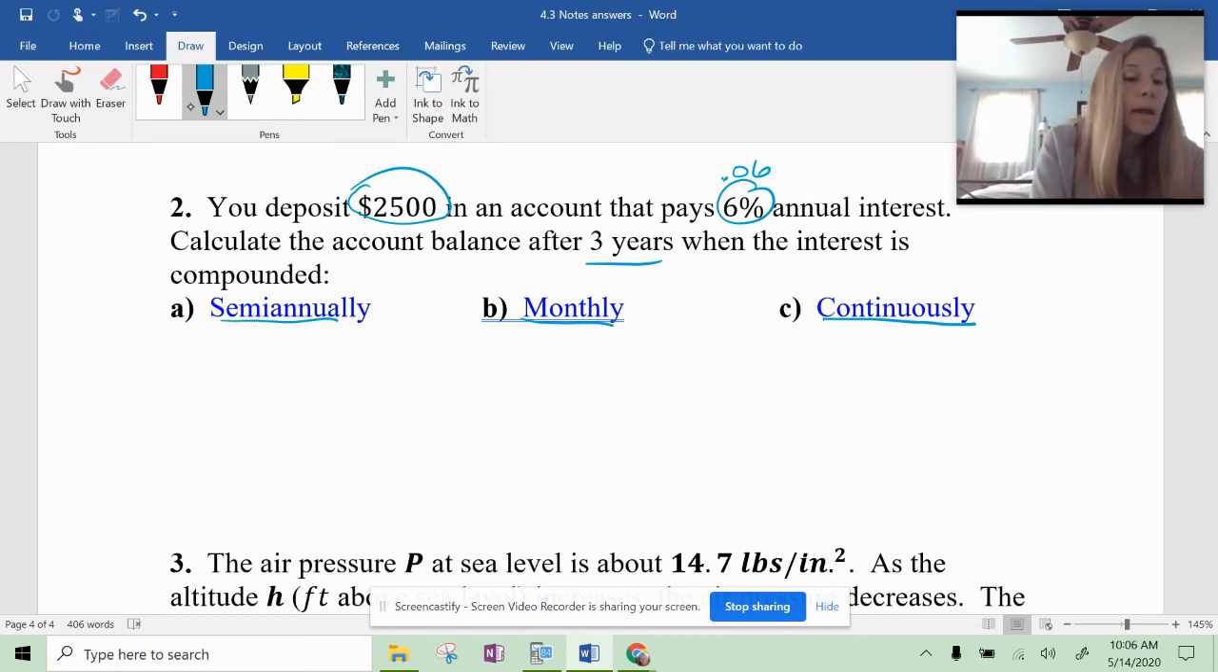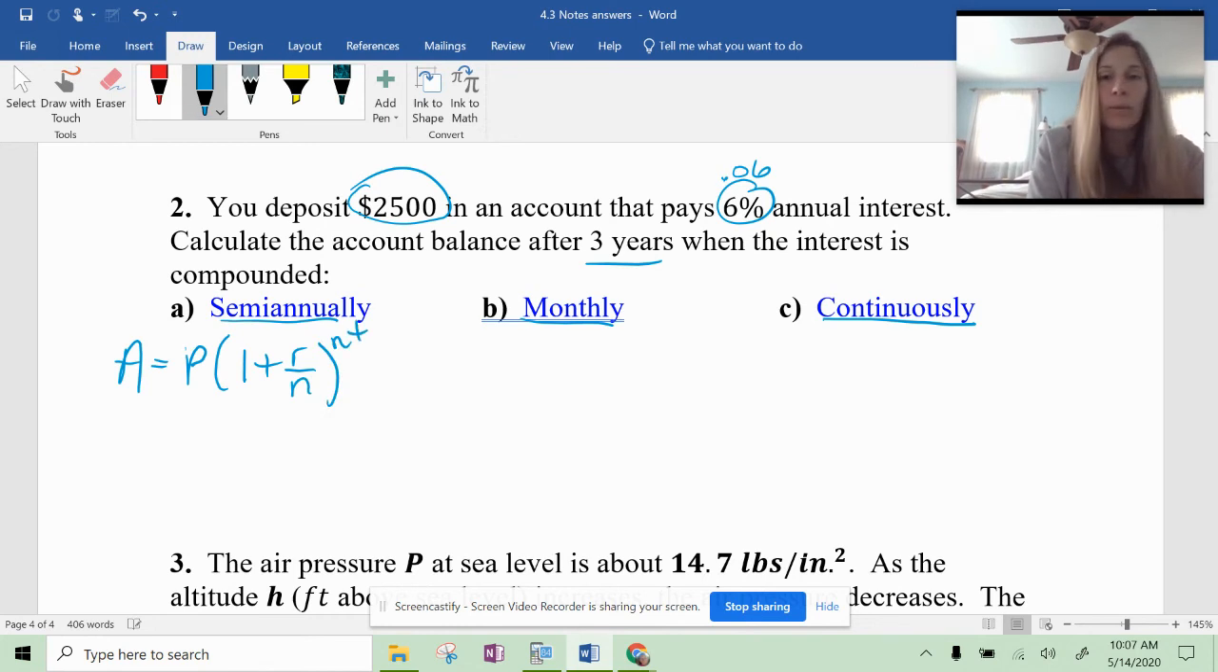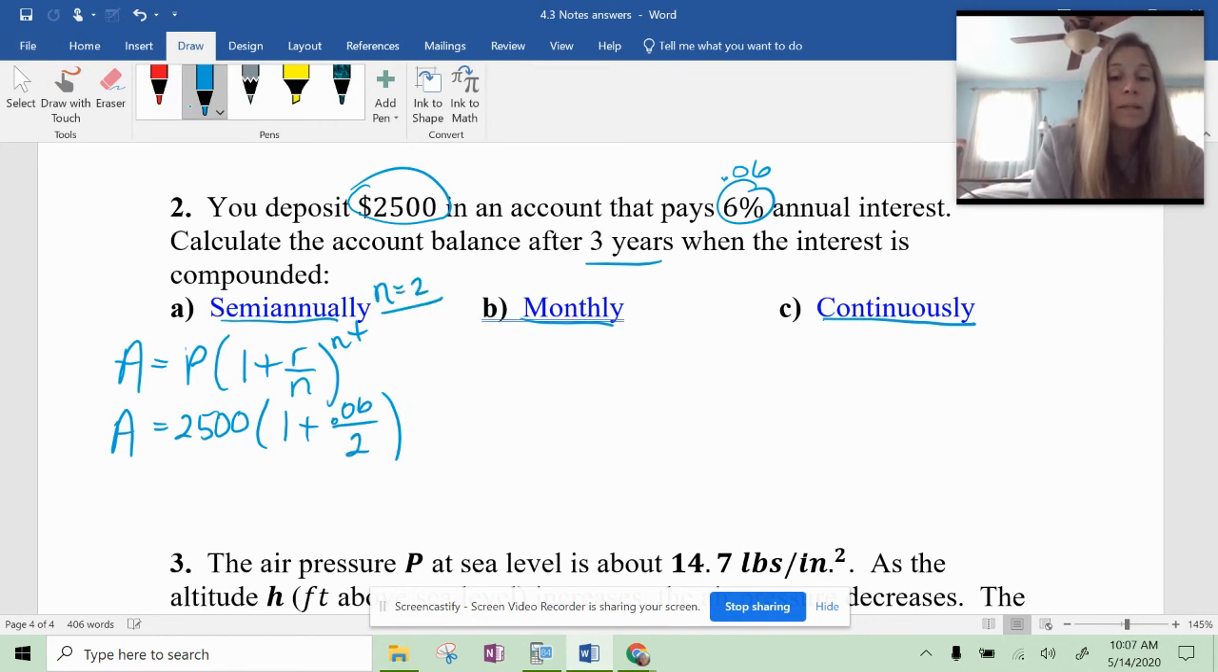So for semi-annually, if you're looking at the formula at the top of the page, you have P times 1 plus R over N raised to the NT, right? And we've done this one the other day. So I'm going to put in my $2,500 for my initial investment. My rate is 0.06, and because I'm figuring this out semi-annually, my N is 2. That's twice a year. And then it said for 3 years, so my T is 3, so 2 times 3